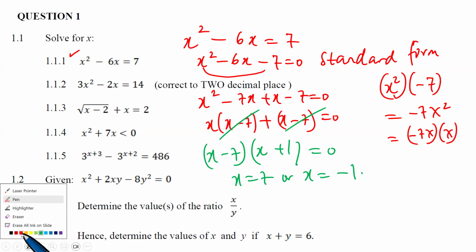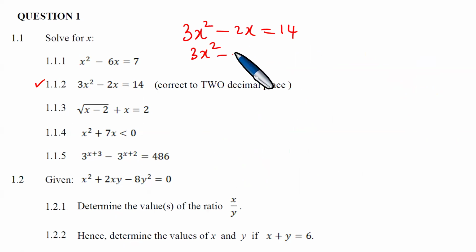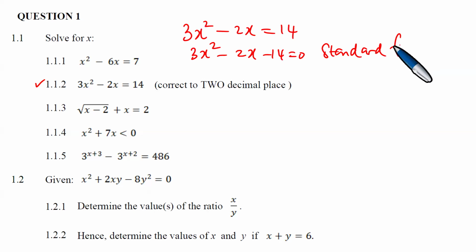Right, so we continue to solve the next question. Now we need to solve for x given 3x squared minus 2x equals 14. What do we do here, Tando? We must also write it in standard form. Excellent. So we have 3x squared minus 2x minus 14 equals 0, and this is in standard form. So what do we do next? We factorize. What are the factors? We use